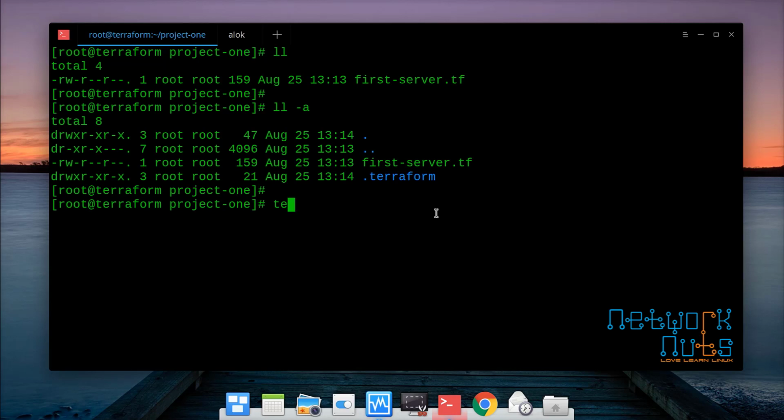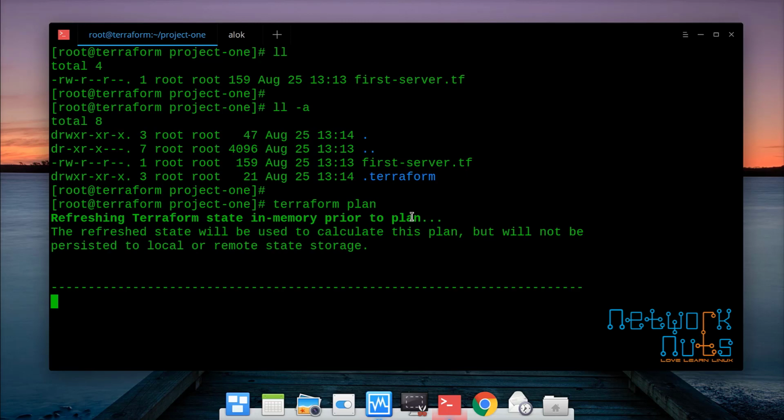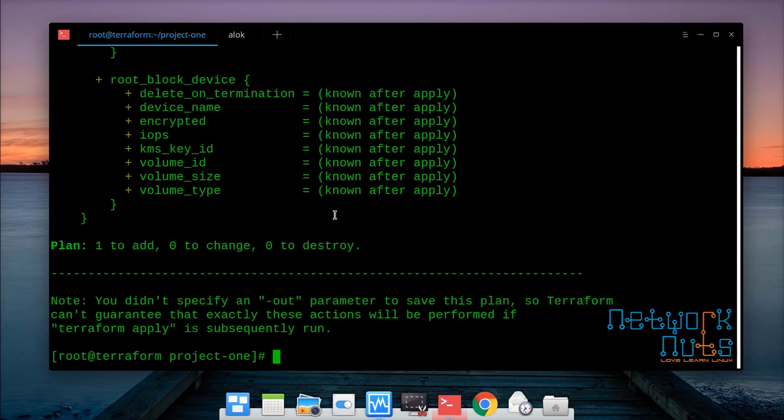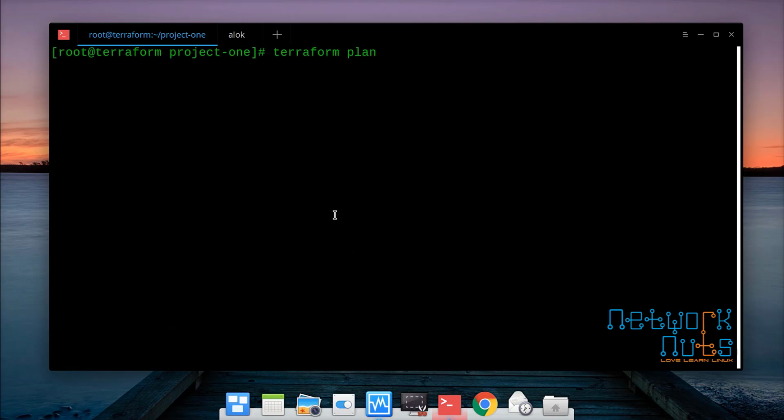create a hidden directory .terraform and will download the things there, right? The provider binaries, the plugins, right? So if I give a terraform plan, now only I will be able to see what Terraform is going to do. Perfect. So I'm just going to create a single machine. So let's create it. So I do a terraform apply.